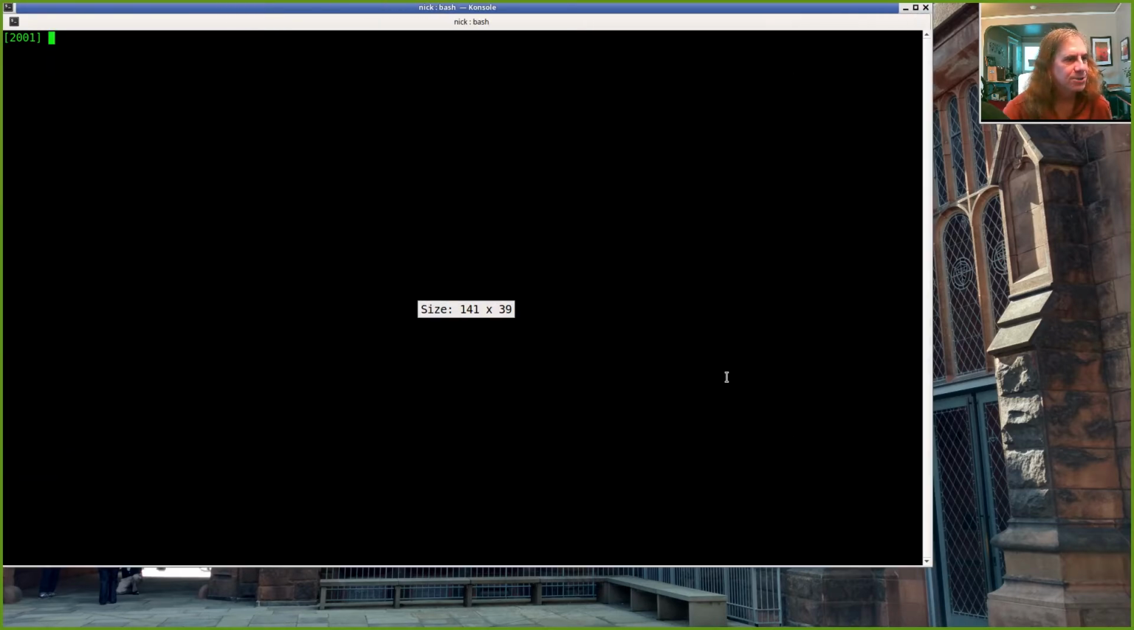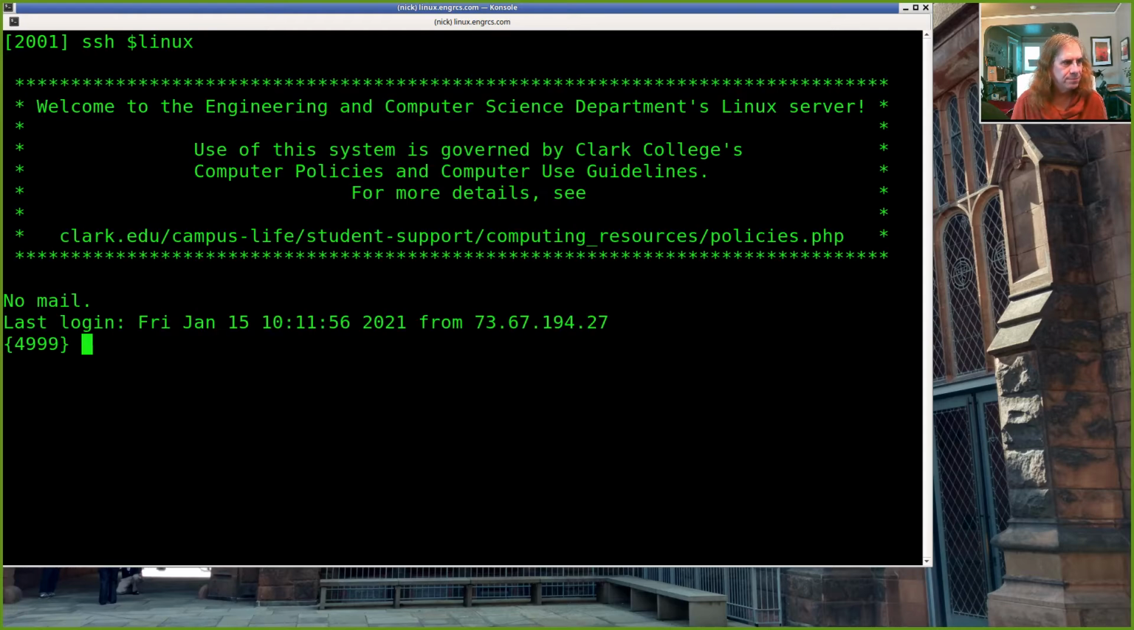All right, and let me show you what I'm going to do tomorrow at 12. I'm going to say git clone linked list 1. Okay, this is a shell script,